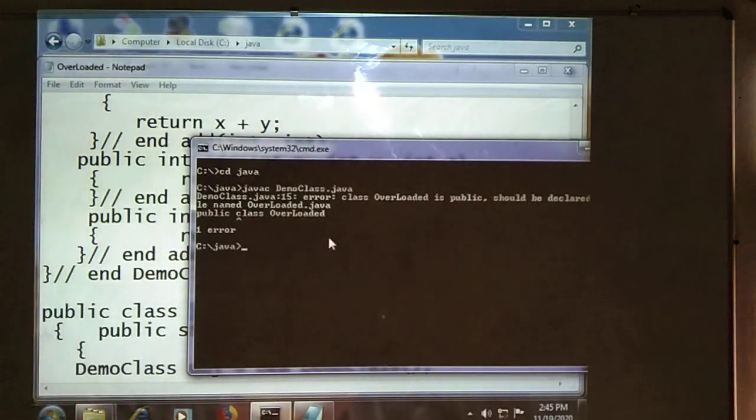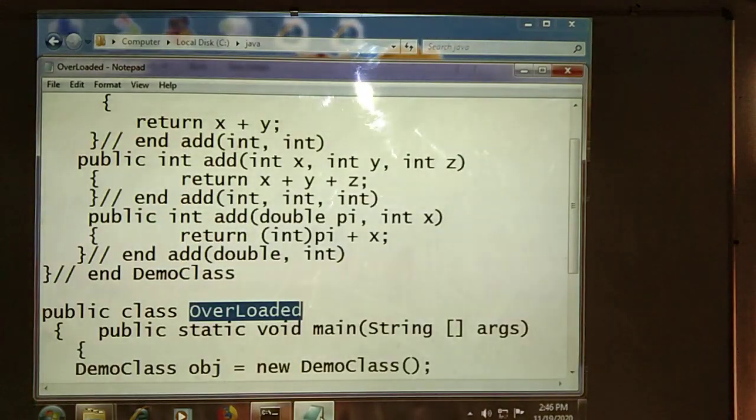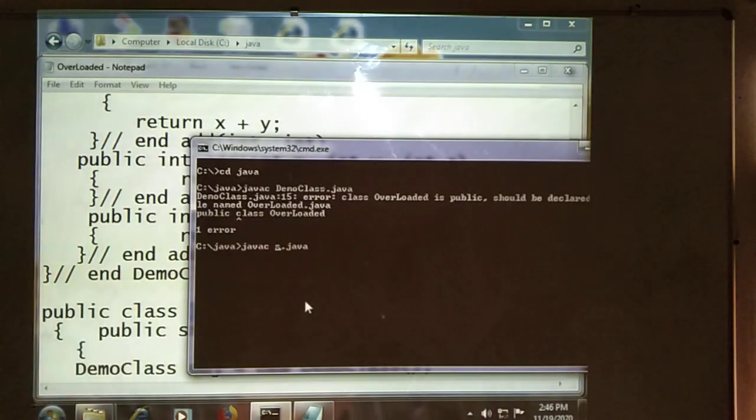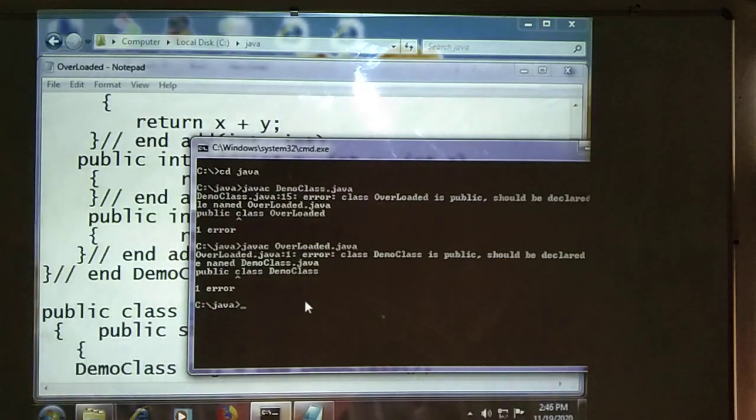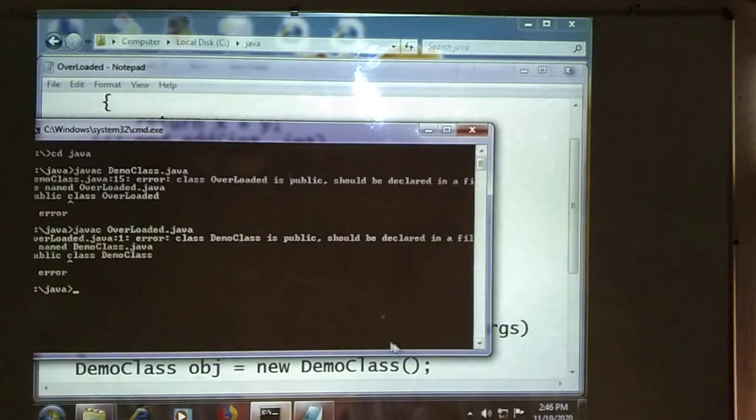Then again we need to compile the program. How to compile? What is the file name we have given here? Overloaded. And then enter. Overloaded. Demo class is public, should be declared in one type.